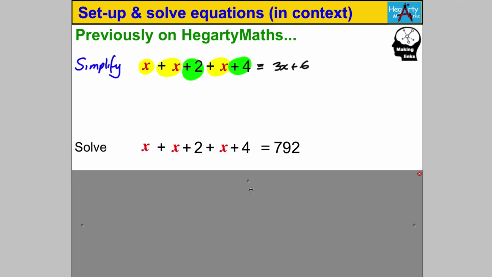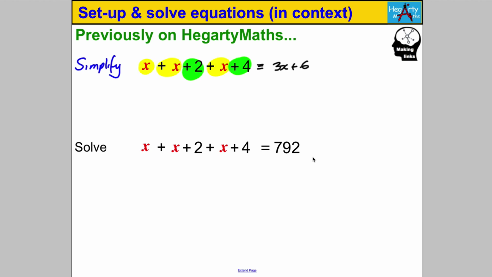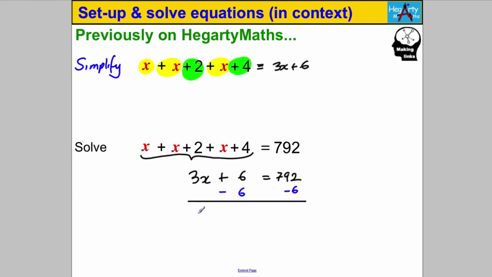Now suppose I showed you something very similar, but I told you to solve this. Tell me what you think you'd do as your first step. Well, hopefully you do just as you did above. You collect like terms for the expression on the left hand side, so it said 3x add 6 is equal to 792, and then we'd solve the equation as we're used to. We want x on its own on the left hand side, so we're going to undo that add 6 by subtracting 6 from both sides, and we get ourselves 3x is therefore equal to 792 take away 6, which is going to be 786,